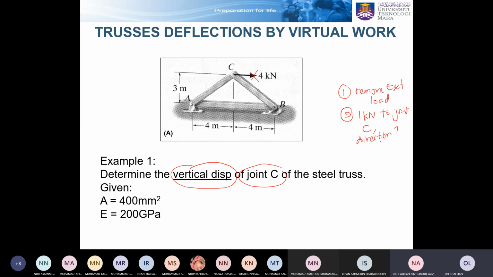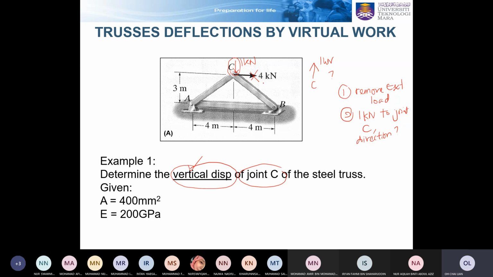Direction of the 1 kilonewton? Vertical. Yeah, very good. If you want to determine the vertical displacement, we put a vertical virtual load. Okay, 1 kilonewton unit here. Can I put it going up, 1 kilonewton? Can I do so? Yes. Okay, this assumption